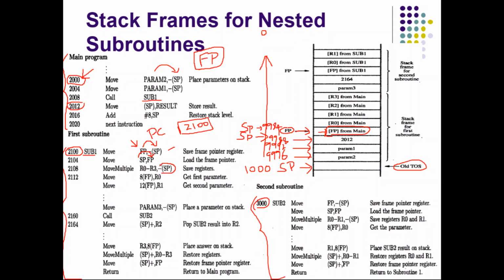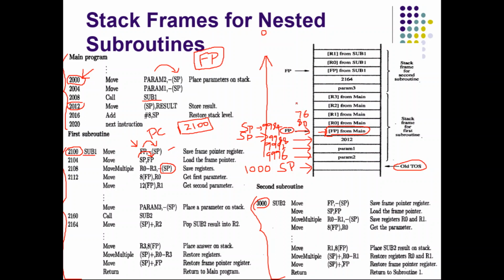This is similar to what we discussed in the previous class. This function wants to use four registers, R0, R1, R2 and R3, so it is pushing all of them into the stack. After pushing all these, what will happen? After pushing R0, SP will point to 9980. I am not writing 99, it will point to 80. After pushing R1, it will point to 76.